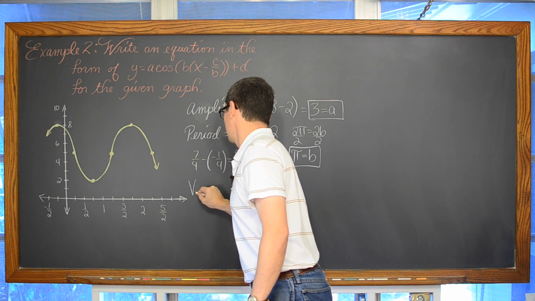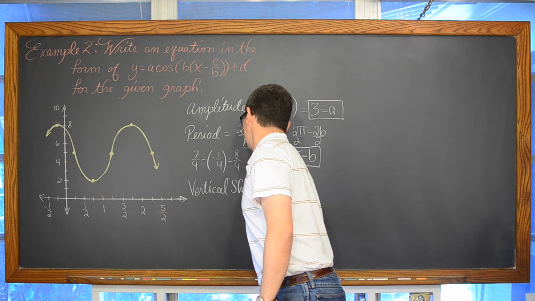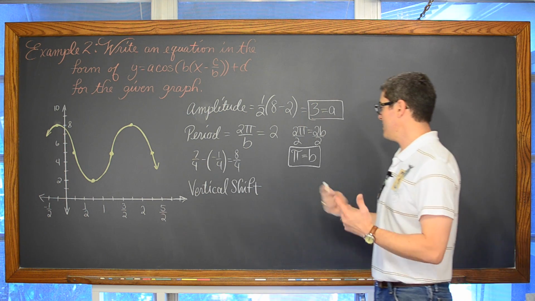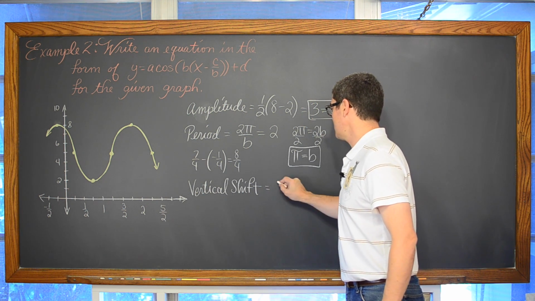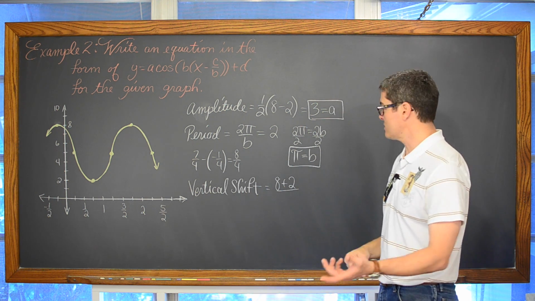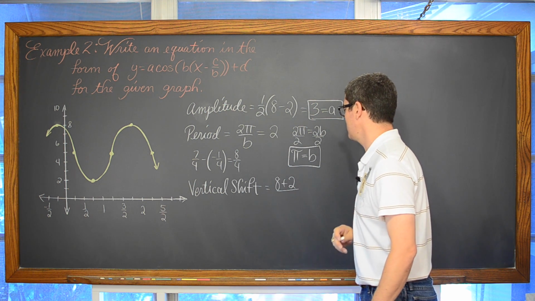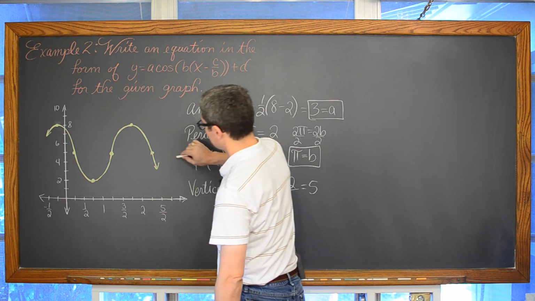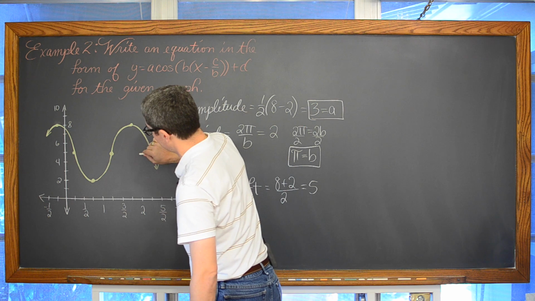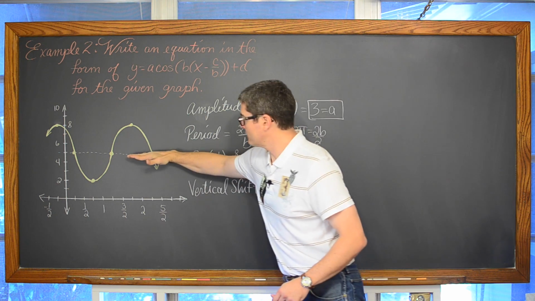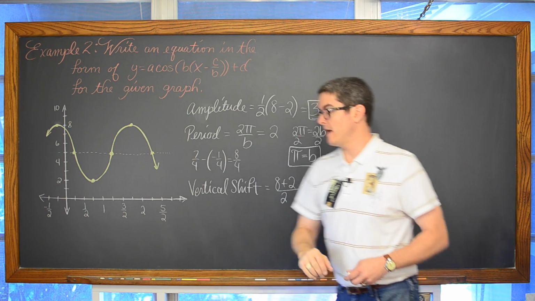So the vertical shift, let me just write it out. Vertical shift, often I just put VS for vertical shift, is the average of the max and min values. So that's going to be, the maximum value is 8, the minimum value is 2. We're adding these because we want to find the average, not a sort of distance, if you will. So 8 plus 2 is equal to 10. Divide that by 2, and we get a vertical shift of 5. And again, I'm leaving my points up here that I've used to graph the function, and that center line is 5 units above the x-axis.